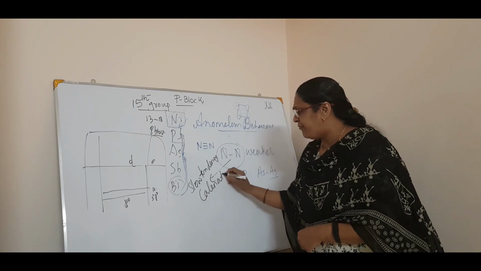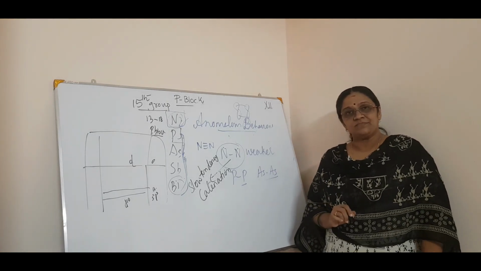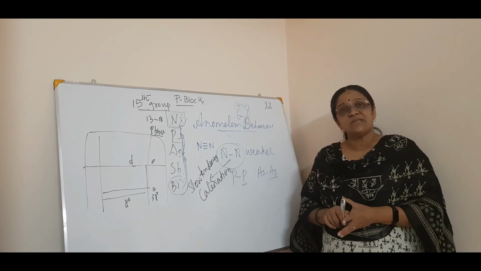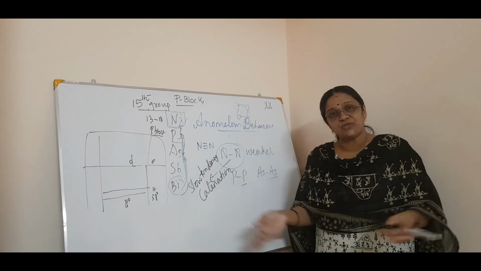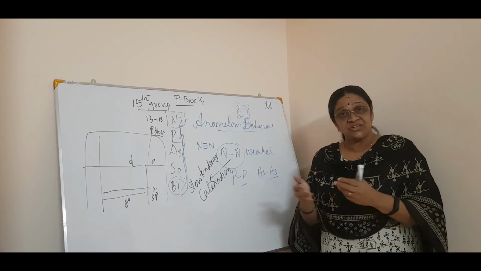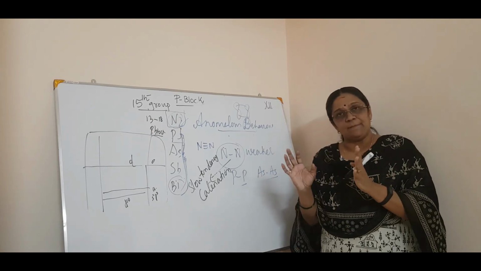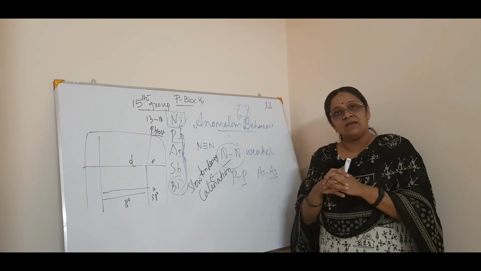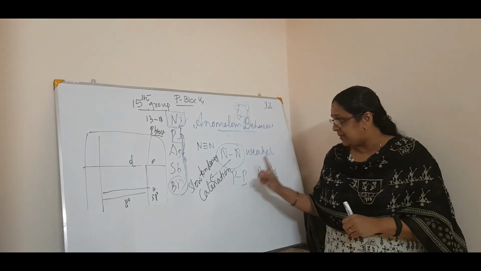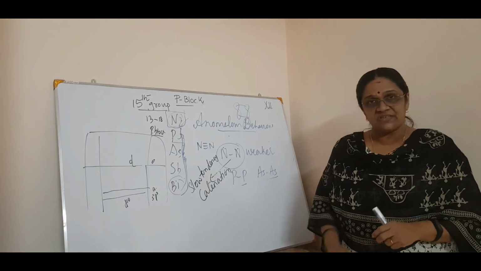So see, for every sentence you will get at least one question, depending on the property. So if you don't know catenation, there is no point. Catenation is what? Single bonding to form a large molecule. Isn't it? So if a single bond formed between nitrogens is weak, then catenation doesn't happen. See, whenever we talk about these p block elements, all the trends are in comparison to one element or one group. That's it. So here the P-P single bond is stronger, so catenation is more seen in phosphorus rather than in nitrogen.